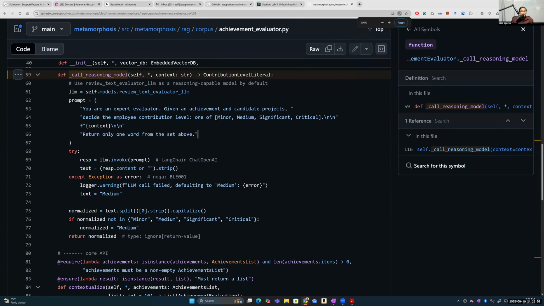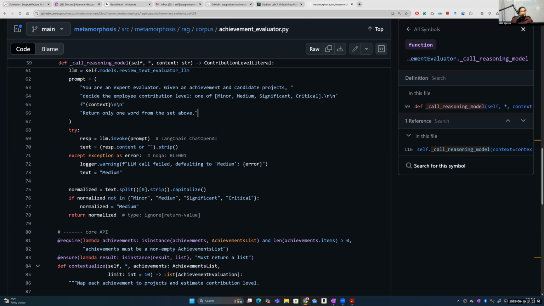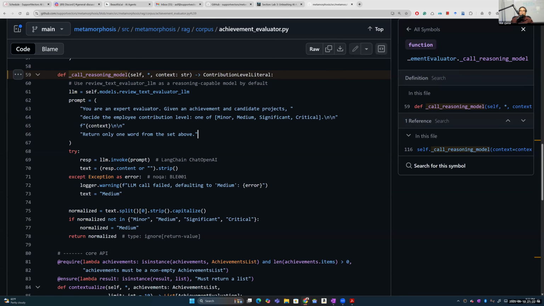So here we are giving a simple prompt, but if you want to externalize it and put it outside, which is a good practice, keep it externalized in a good place. Take this as a little homework to do that, to externalize it and clean it out. Nevertheless, what are you doing? You're giving it the context. Where is the context coming from? From the user achievement and the RAG search results. The RAG has done all the contextualization. Remember, the heavy brain lifting is there. And all you're doing is, this model returns only one thing: